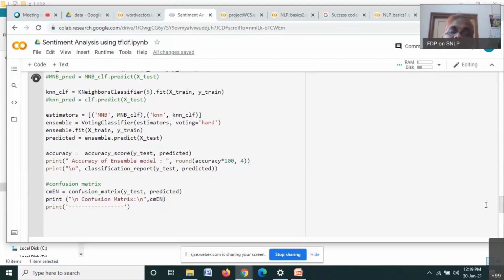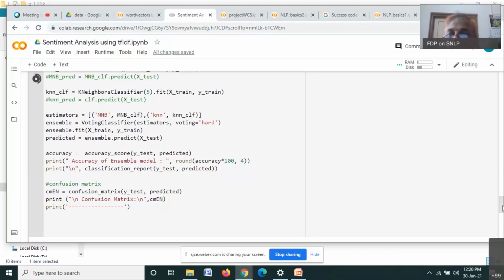And ensembling nowadays is quite common because, as I said, it's like a group decision rather than an individual decision. And by ensemble model, the strength of one classifier can be used to overcome the weakness of the other classifier.